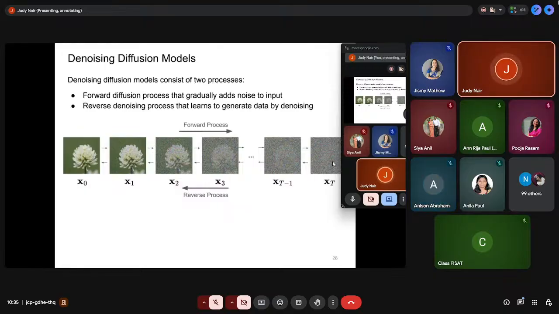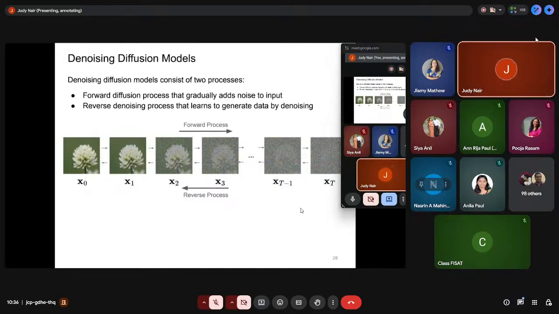In the reverse process, we have a trained model to understand how much noise is added at each time step. The model learns the noise, or the pattern, at each time step: what is the original data and what is the noise. Finally, in the reverse process, we do the opposite of this. We denoise it little by little, because we know how the noise is added. We have trained the model which understands how much noise is added.